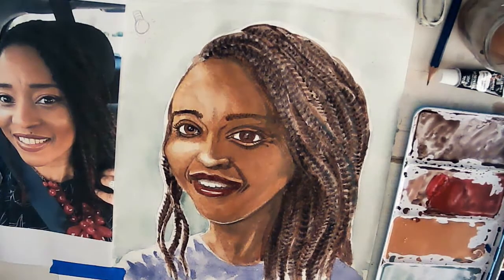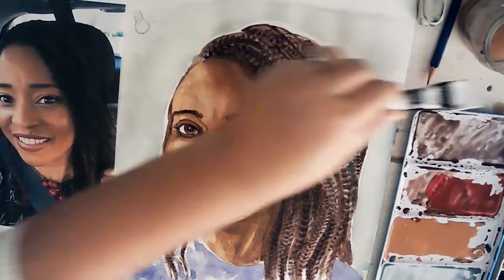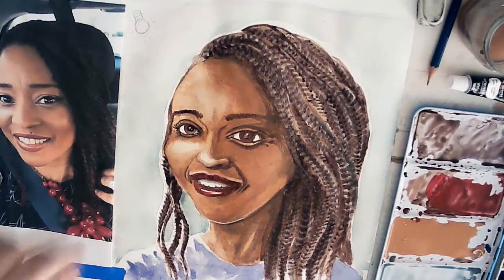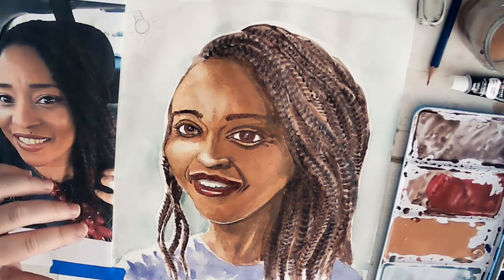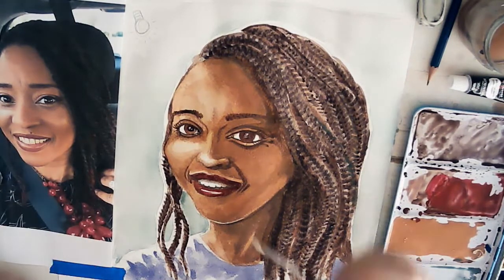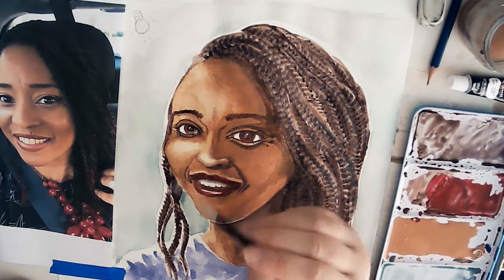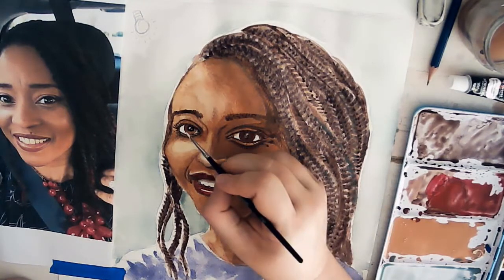All right, so that is sort of the last thing we need to do. I'm going to go back to my size 0 paintbrush, and I want to get pure white. I'm using tube watercolors, so it's already wet. If you're using pan colors, the kind of watercolor that you need to get wet before you can start using, just drop a little bit of water into your white, just to pick up a tiny bit of white on your paintbrush. And what I'm going to do is